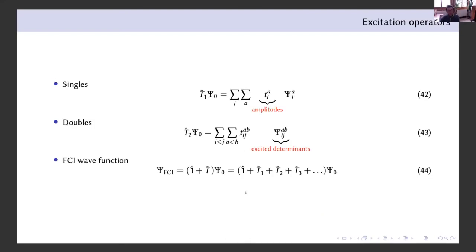So if I apply T1 and T2 to psi 0, which is the reference wave function, usually taken as a Hartree-Fock wave function, but you can take anything else if you want. If I apply T1 to psi 0, I get a linear combination of the single excitations, psi IA. So I took my reference wave function and took the electron in occupied orbital I and put it in A,